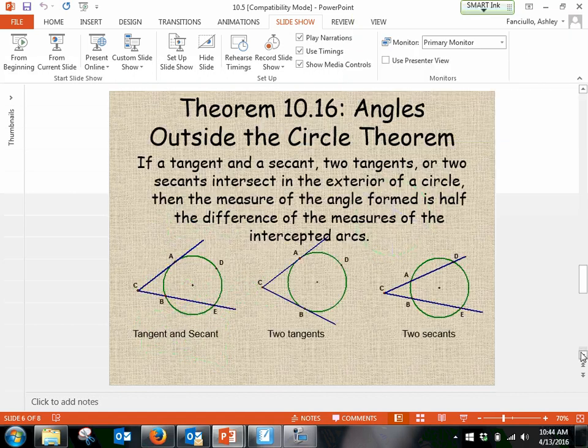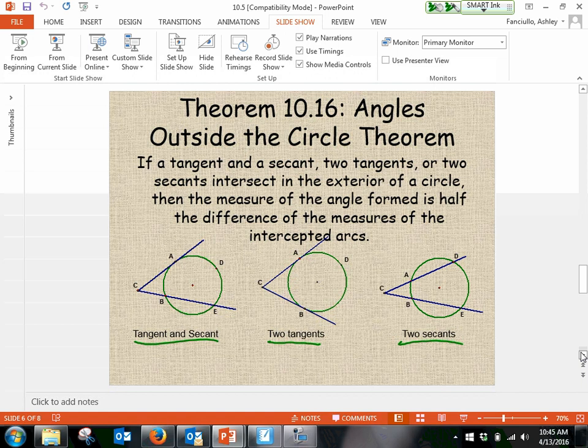All right, then one of the last theorems here, we have 3 different pictures going on here because we have 2 different lines that are going to intersect in a couple different places. So we have a secant and a tangent for this first example. We have 2 tangents for the second, and then 2 secants for the third. Okay, either way, no matter what picture you have, all that you're doing is you're taking one arc,